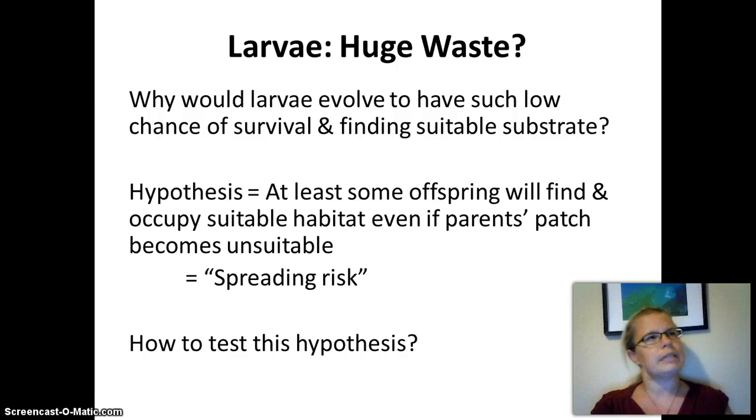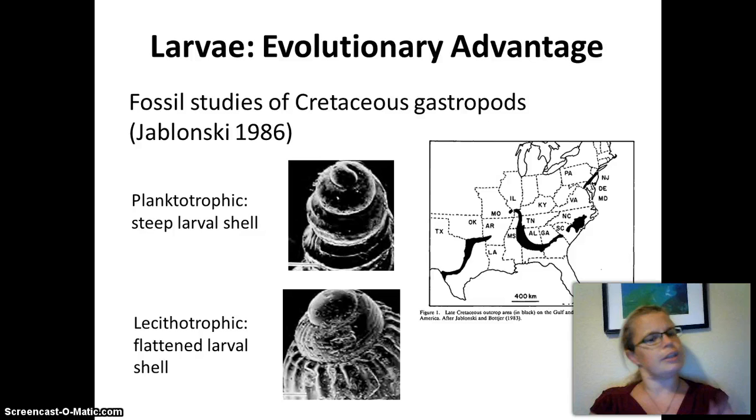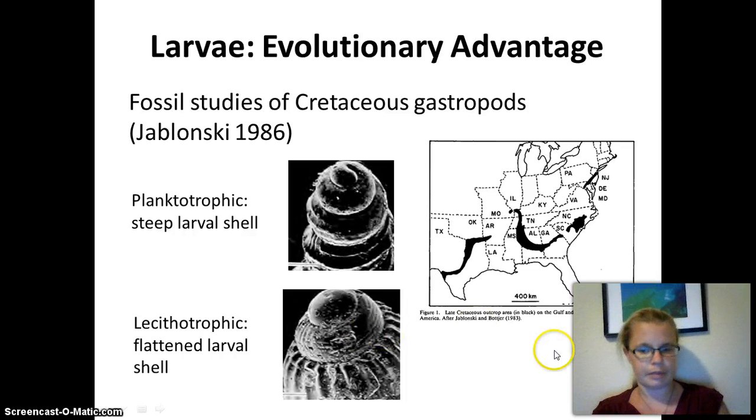So how would you test this hypothesis? Kind of a tough one. So this guy, Jablonski, in 1986, did this really cool study where he looked at the fossils of Cretaceous gastropods found at these different outcrops